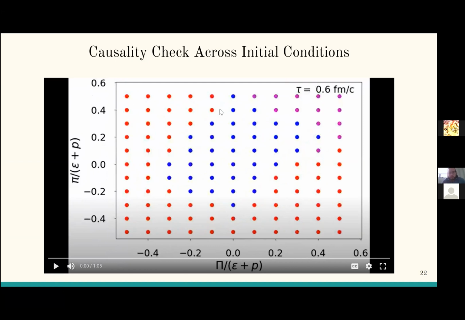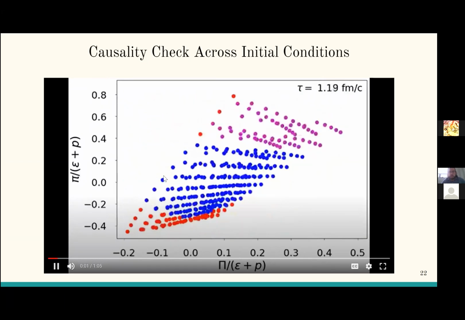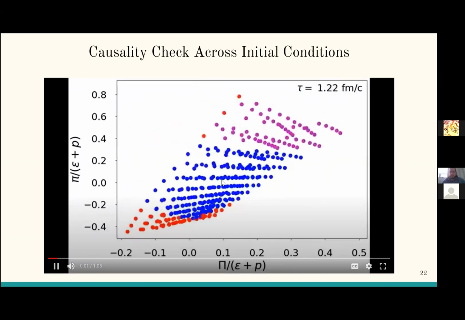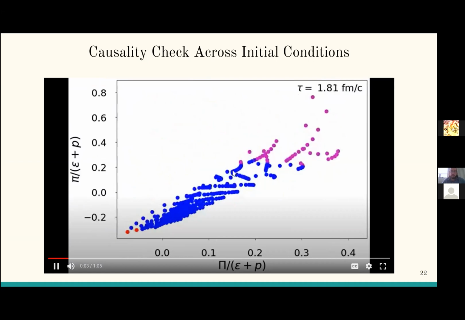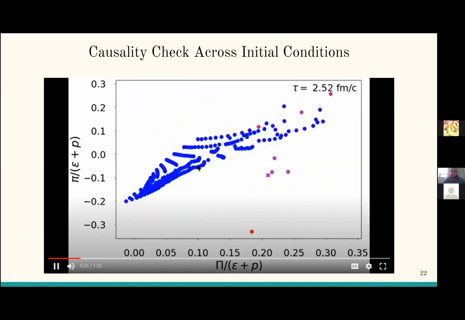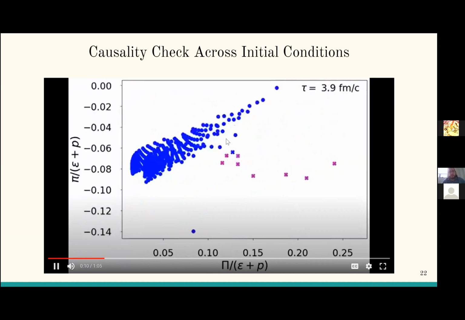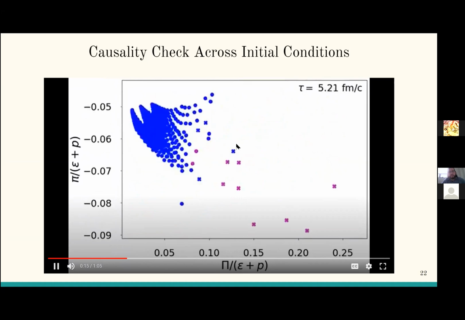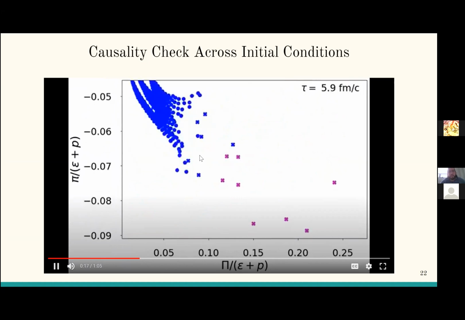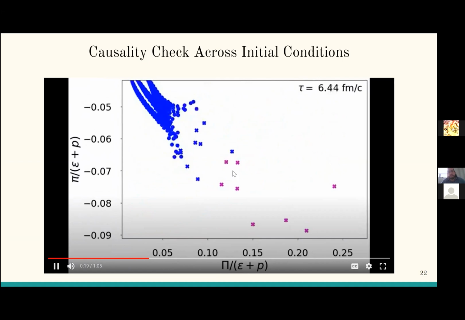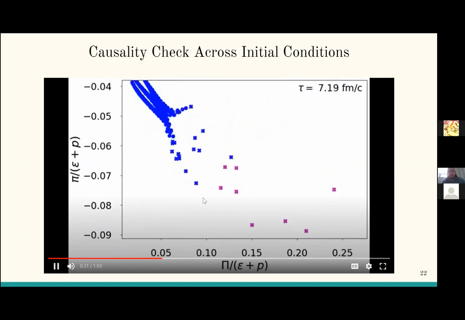And you can already see that right at the beginning, there's a large section of your phase space that is just off limits due to the causality violations. Now you can see it evolve. The points that start out causal all remain causal, but most of the points that started out acausal become either causal or indeterminate. As the system freezes out, they turn into X's and they stop evolving. So most of them are either freezing out as being causal or freezing out as being indeterminate.